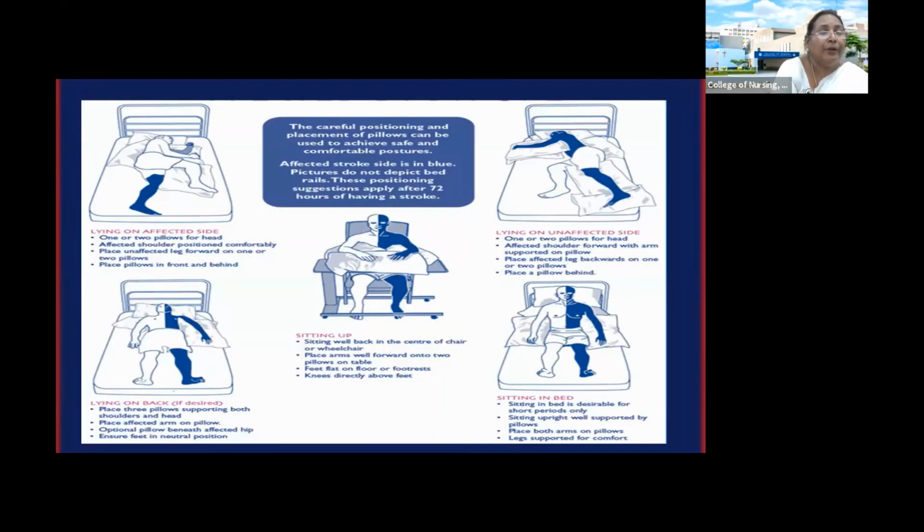How you position these patients is also very important. There is a misconception saying you should not position them on the affected side. It is not so. You can actually position them on the affected side and on the unaffected side. If they are going to be on the affected side, provide enough pillows, put them in a fully lateral position, and make sure the hemiplegic leg or the hand is positioned. That is all you have to do. Place the affected hand and the leg safely supported. If you take care of that, it is not a problem at all.